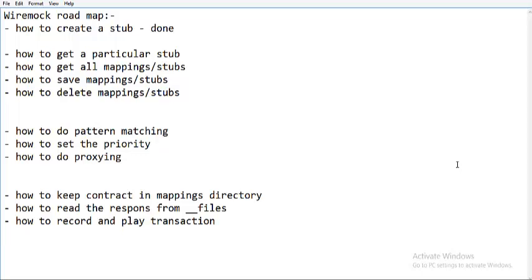If you ask me why this proxy is required when testing with WireMock, where we are creating a stub: what is the need of routing a call? As far as my API testing is concerned, I'll just hit an endpoint and try to receive the response. But why should I route my call to another API?